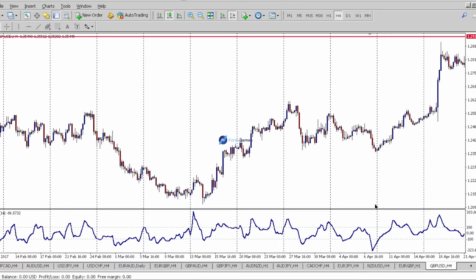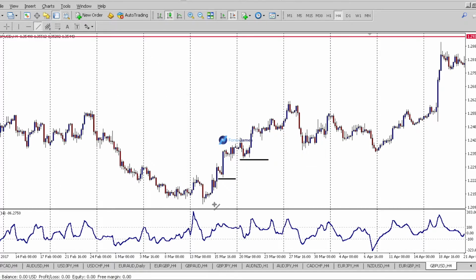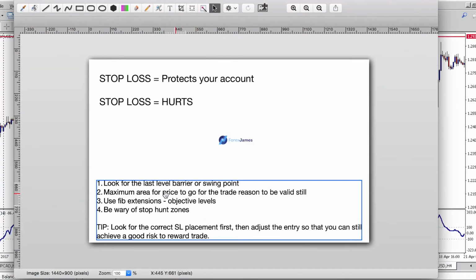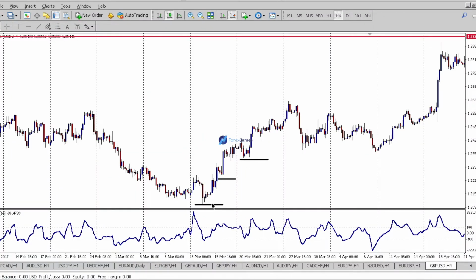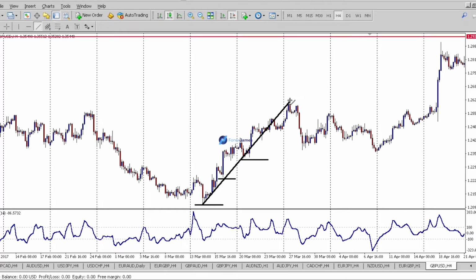Here, right, this area here. Price went up, pulled back, right? You could place a stop loss here, or here, or even, as we've discussed earlier for tip number 2, this is the maximum area, this is the maximum point. So if price were to do this,